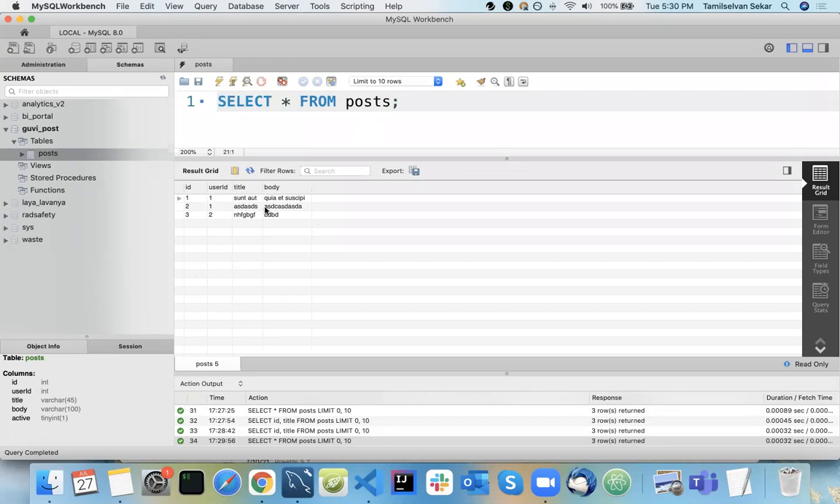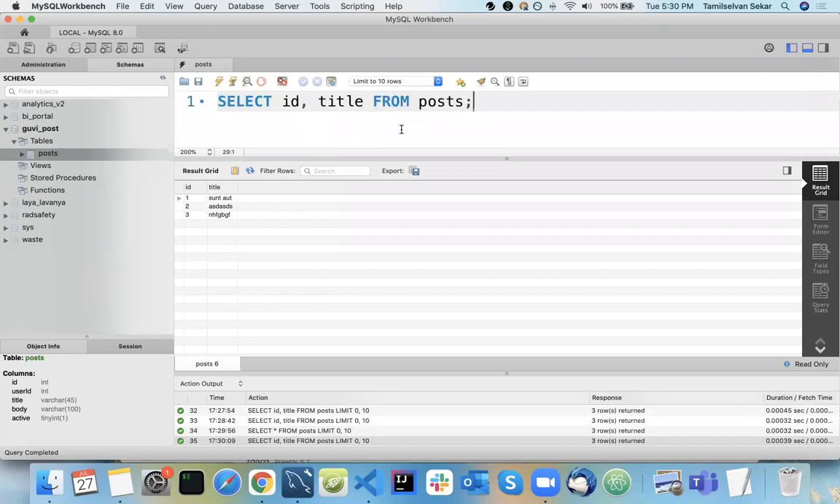Suppose you want to get a specific column alone, so you do not need all these columns. I need only ID and title. You can mention those particular columns, and only that particular data will come here. So this is all about DQL. Clear? So in short,